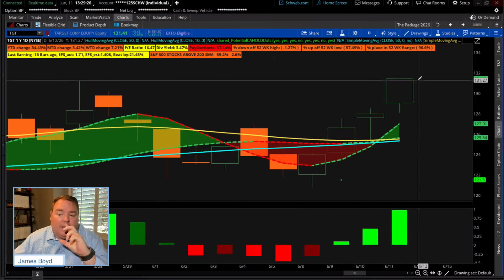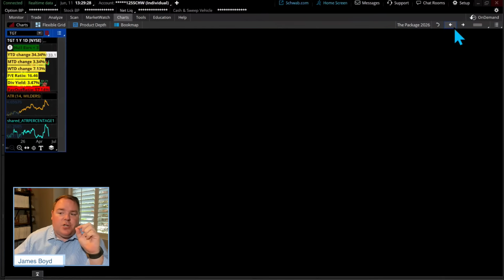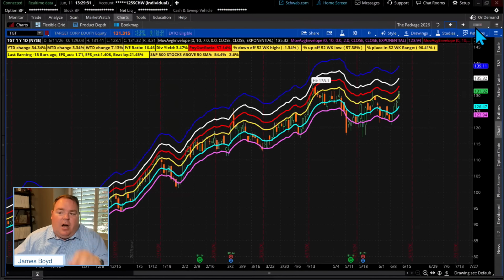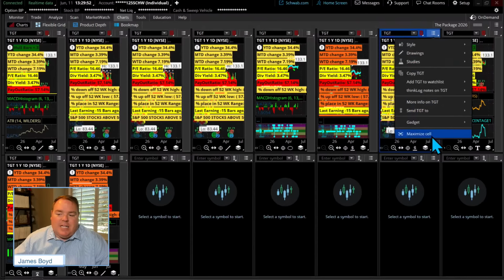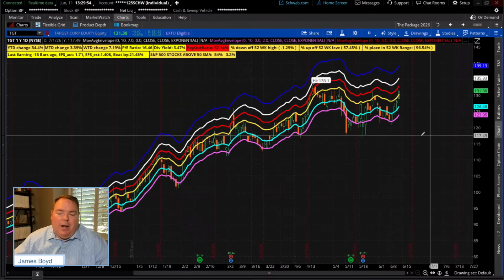Let's go back to our toolbox. If I went back to this chart right here, and notice on the right-hand side, see all those little charts right there? That's the charts we actually have. If I go back to that little hook arrow, that hook arrow is going to take me back to all of them, okay? Now, if I wanted to, I could just cheat and go right back to the one I was looking at. Click on the 3 lines, say maximize sell. There it is.